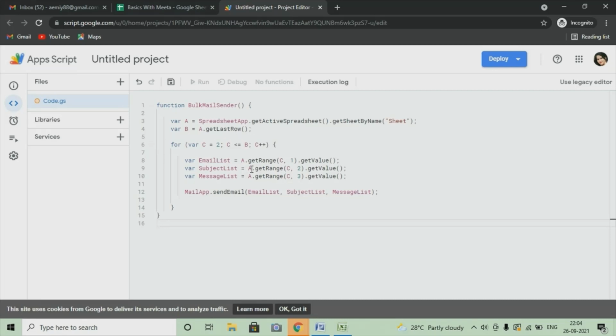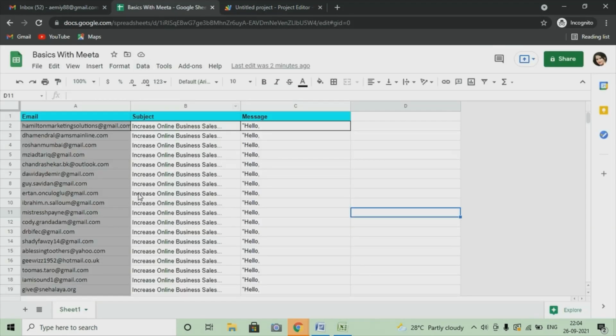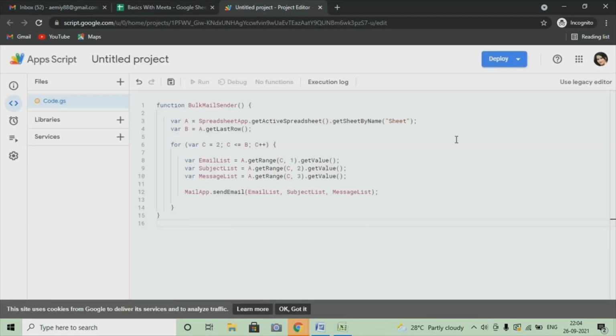And you can see that in the second row, it will fetch up to the last row that we are having, and it will fetch the data of our active sheet that we have made. And how is it going to fetch the data? For that, we have to select this sheet, copy this, and paste it here.